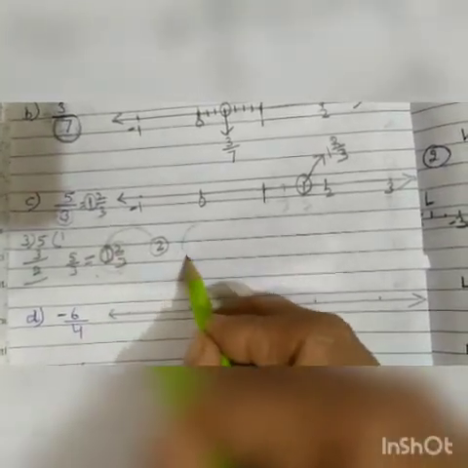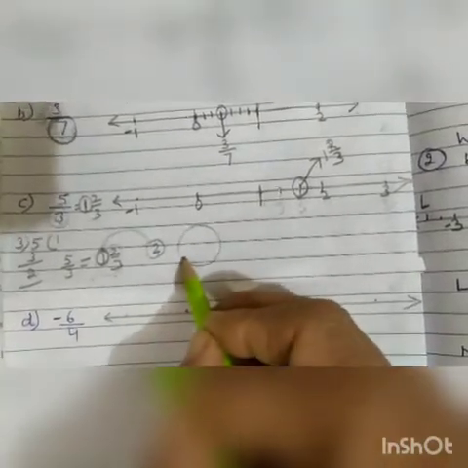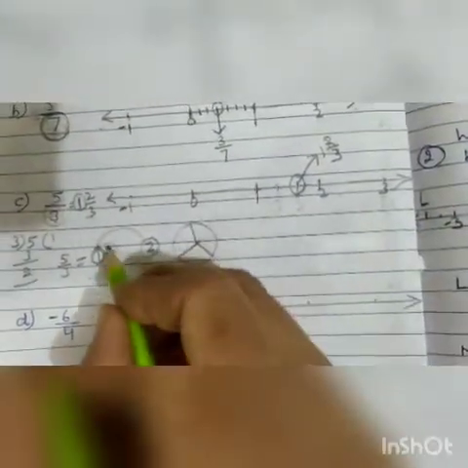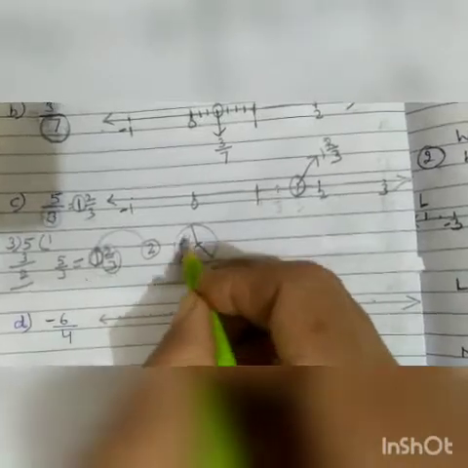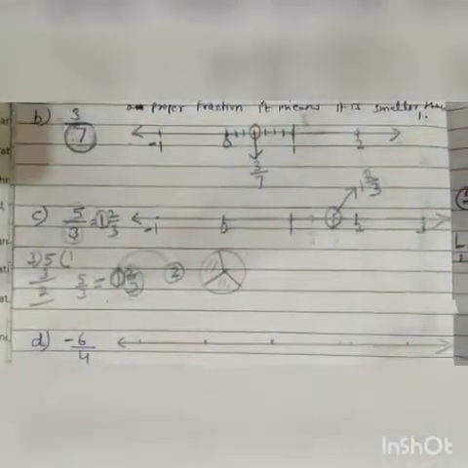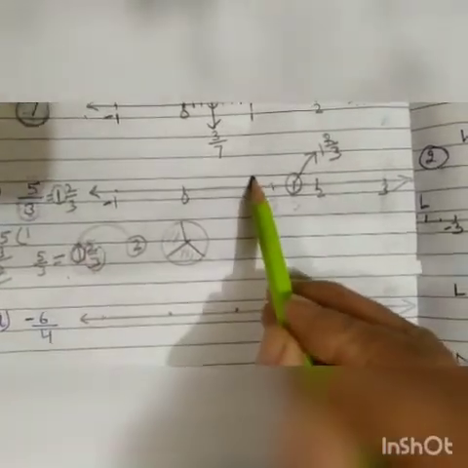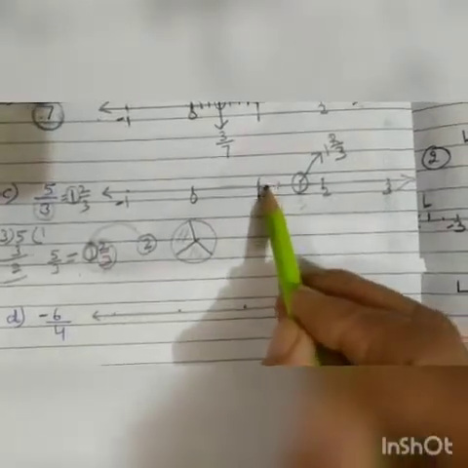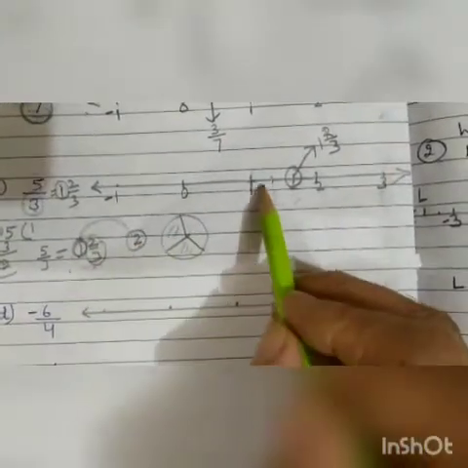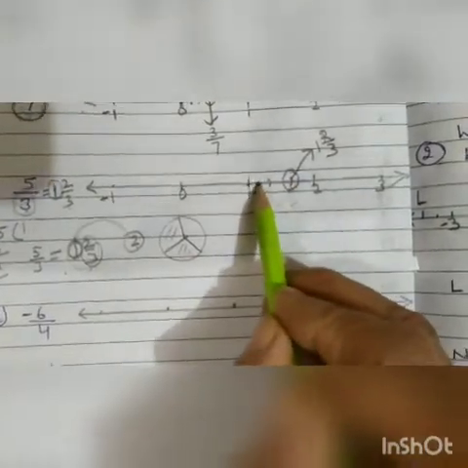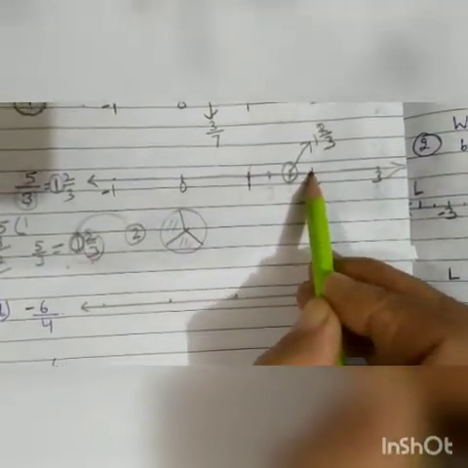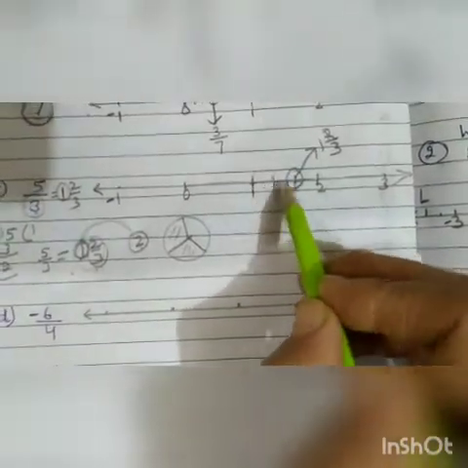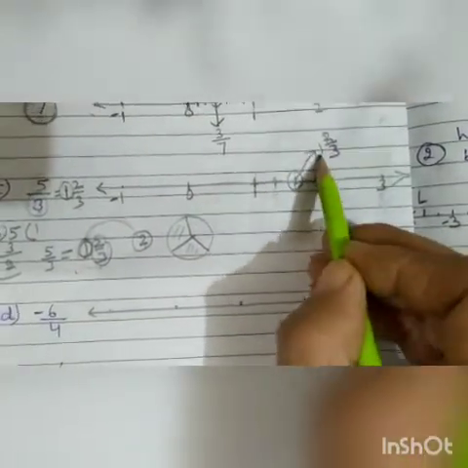Suppose we have a cake. This is a cake, and I have divided this cake into 3 equal parts. Then 2 upon 3 means 2 parts out of these 3 parts. So 1 is the whole number. We will take this 1. Then for 2 upon 3, we will divide this distance between 1 and 2 into 3 divisions: first division, second division and third division. Then out of these 3 divisions, we will take 2 divisions, first, second. This is 2 upon 3. This is one whole number.